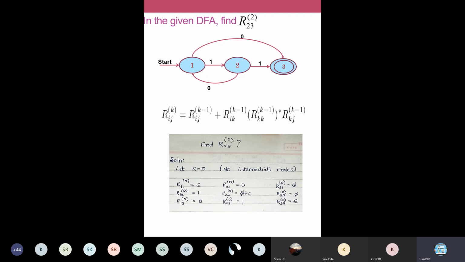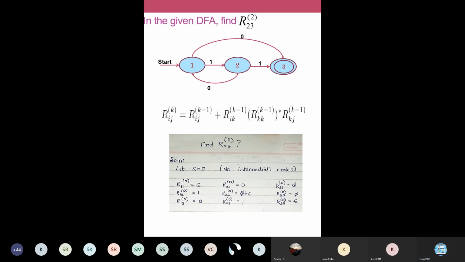Okay, so remember, whenever i and j are the same, you are going to include epsilon. So let us analyze one by one. So R11 of 0 is, I hope everybody is writing. Okay, write down. R11 of 0 is, so from node 1. So this problem I'm going to take some time and explain to understand and then write. Understand by the side you write, and at the same time listen and understand the problem, because with this problem I will stop this method. I will go for the next method.